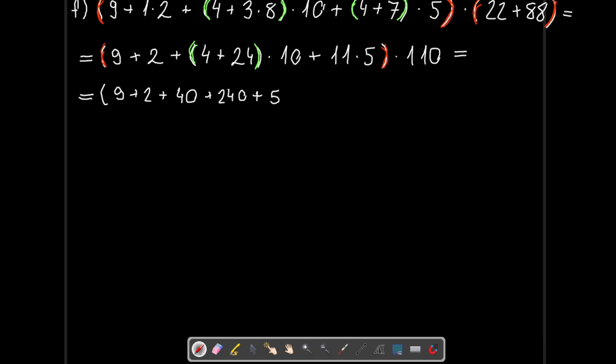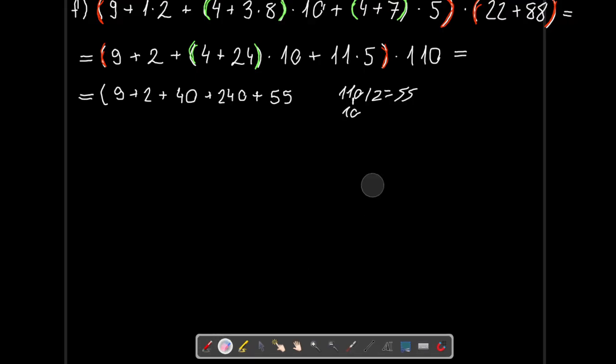is 55, I believe. We add an extra 0 to 11 and divide that by 2, which gives us 55. Okay, times 110. Great, now the only thing left in this bracket is